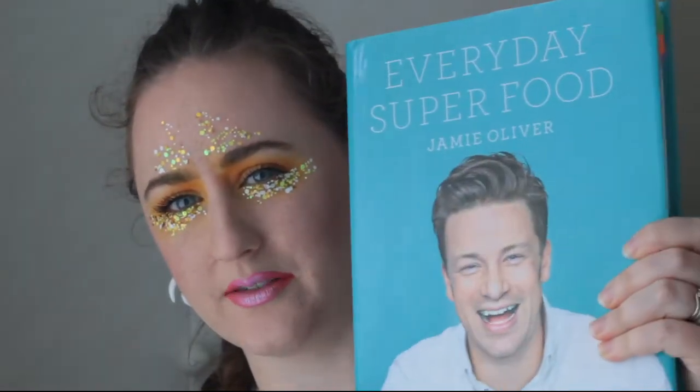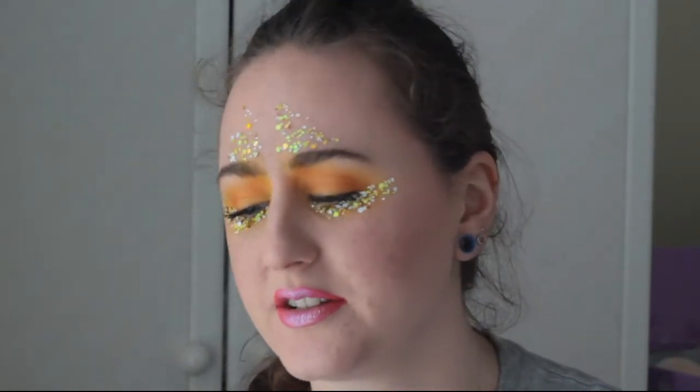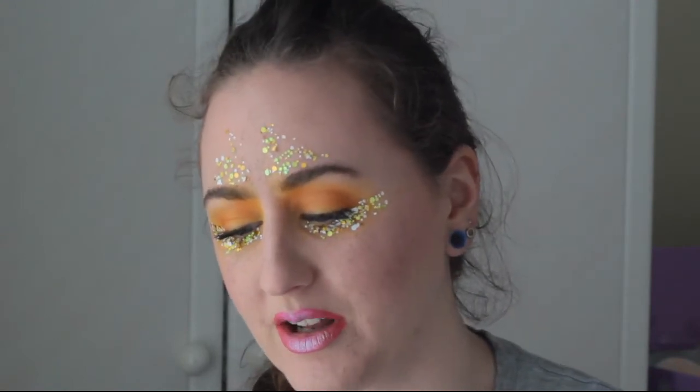Another non-beauty favourite is this Jamie Oliver cookbook. This one is the Everyday Superfood. I've been watching loads of food documentaries recently and I am trying to clean up my act a little bit. And there are just some really interesting ideas in this one. So one thing that I have made in it so far is the granola dust, which is, you kind of make a pretty healthy granola and then you just blitz it in the machine,